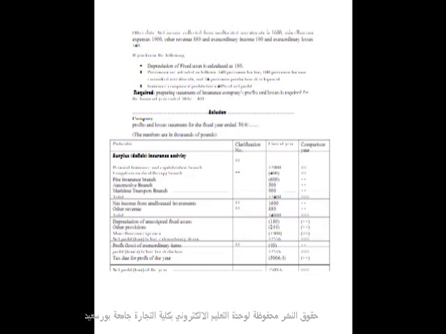As we mentioned before, we have to start with the main activity. But according to the law, there are subcategories. What is the first type to be disclosed? Personal insurance and capitalization branch. According to the given, it is a surplus, so I will write 12,000. The second item of revenue to be disclosed is the long-term medical therapy.